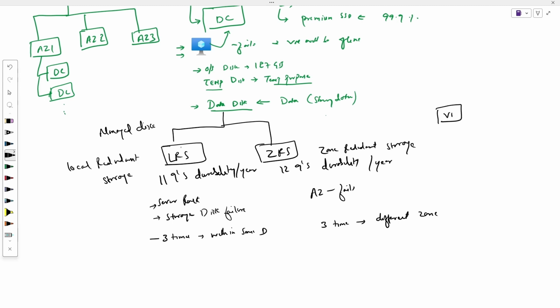If you have deployed your virtual machine and you have selected LRS, even though the LRS replicates 3 times, this is within the data center itself. Since the data center has gone down, your LRS storage will not be available, and the data disk you have created for the virtual machine will also be unavailable. So that is the reason either you need to create a ZRS,